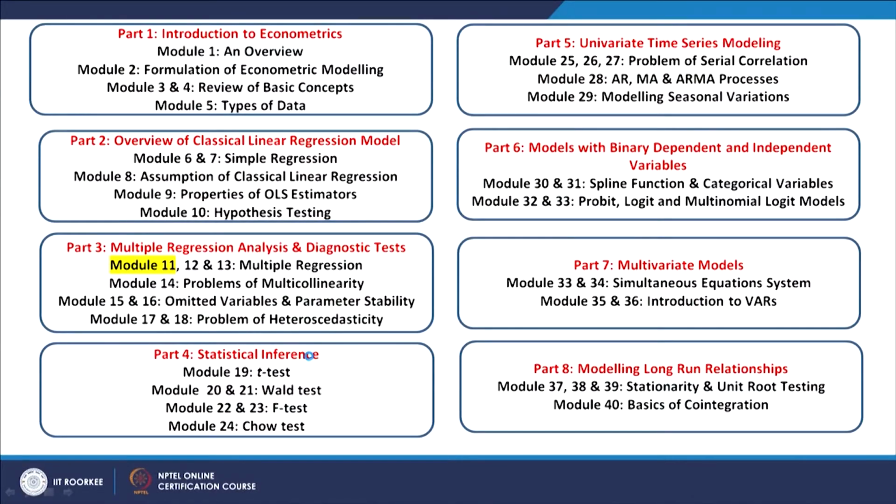When we say that there were only two variables, one was the independent variable, another was the dependent variable. Along with that, there was a constant term. Constant terms are always there unless there is a special situation or case. But when we talk about multiple regression analysis, it involves one dependent variable, but several independent variables. So, it can be two or more. That is how we have three modules on the basics of multiple regression analysis.